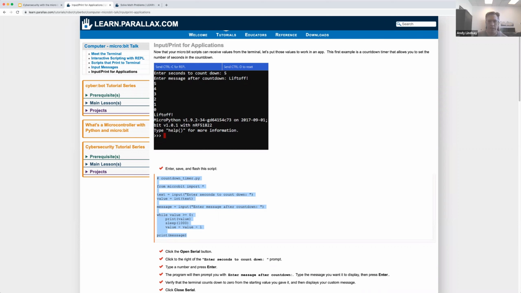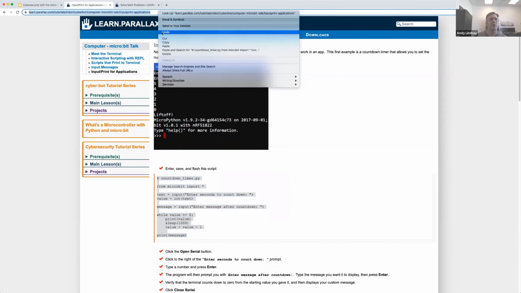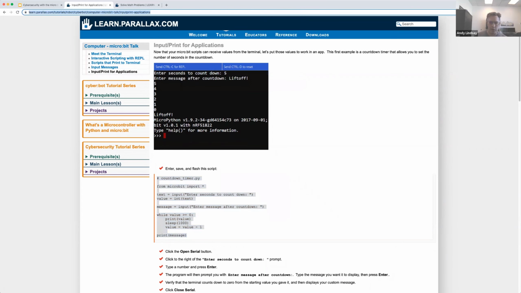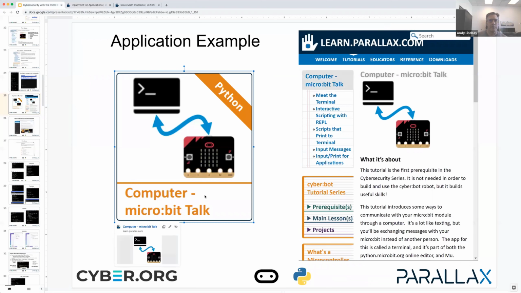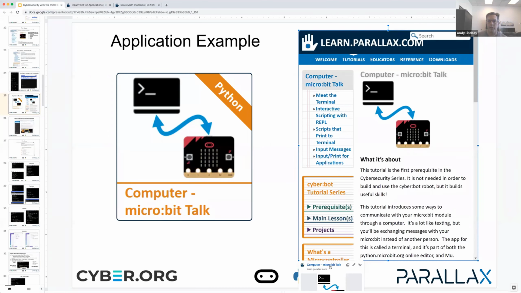So there is the countdown timer script, and then I'll also paste in this web address. Oh yeah, I should add the web address to input and print for applications. So if you go ahead and try this one,